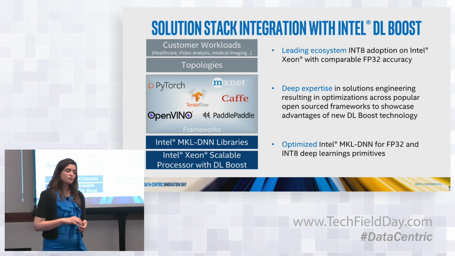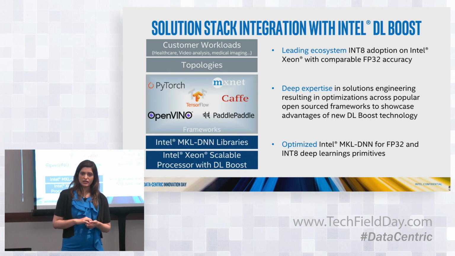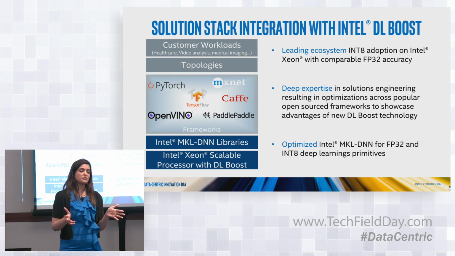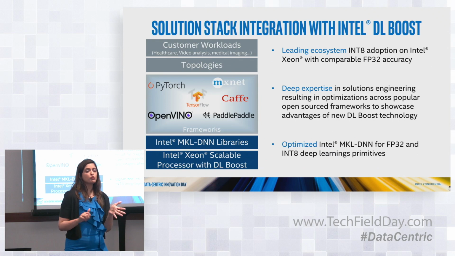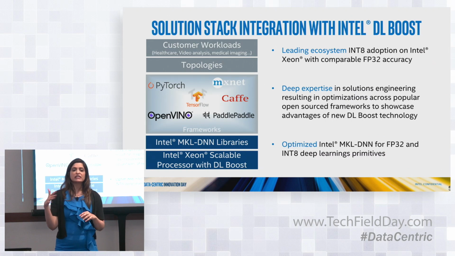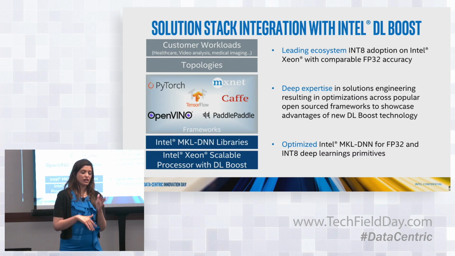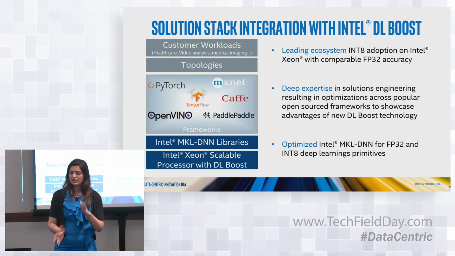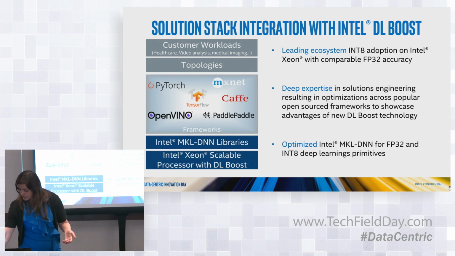And then the most important component of all is Intel MKL libraries, DNN libraries. So these are open source libraries that we provide to our developers and the vast ecosystem that provide deep learning primitives. It was providing FP32 before and DL Boost now, that helps the developers and the vast ecosystem have a turnkey acceleration solution that they can use to integrate the full stack. So now that we've shown you all the ingredients, let's see how these come together.